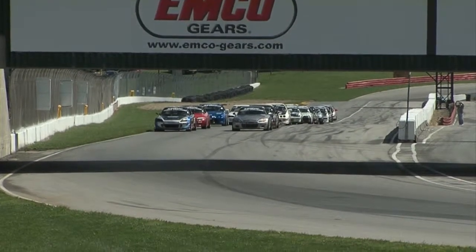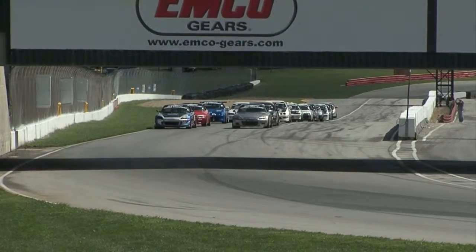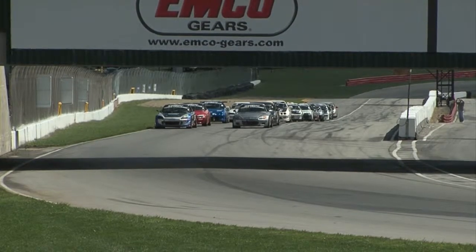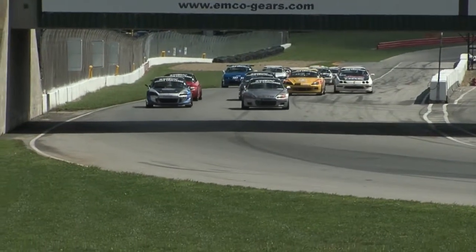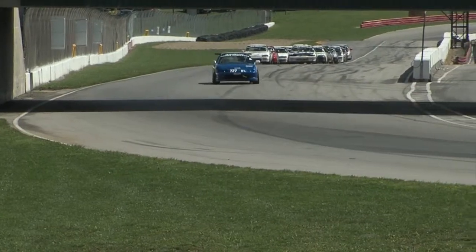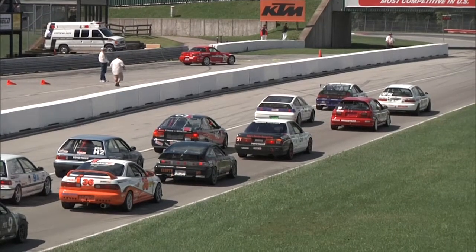So all cars lined up for the National Championship race for Honda Challenge 1, Honda Challenge 2. Jason Kohler, the 848, will lead HC1. Again, he won Thursday night, won Friday night, and the green is out, and we are racing here at Mid-Ohio. And our first wave, the Honda Challenge 1 cars are off and running. Now that's John Meris right there. Believe it or not, he built the car this weekend on the way here. You can see the